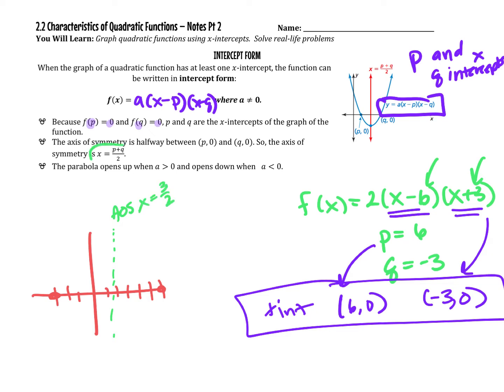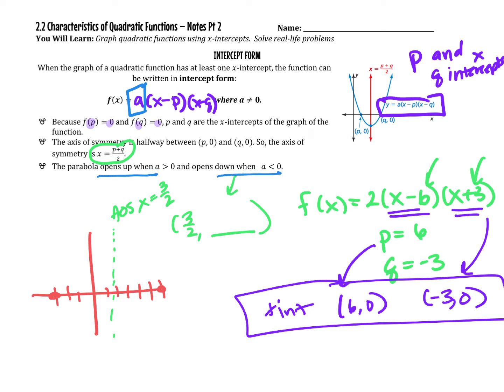And again, that's coming from using this formula. Well, if this was a nicer graph, I could tell exactly that value, and I may not have to use that formula. So if I wanted to find the vertex, I would plug in 3 over 2, and I would find the y value of the vertex, in the same way that we did in the last video for standard form. Similarly to both standard form and vertex form, a is still telling us whether our parabola is going to open up or down,